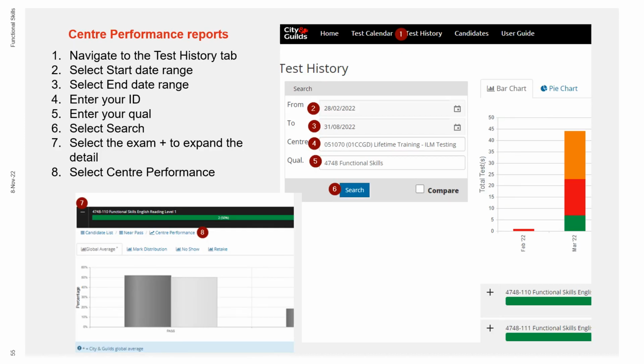To obtain centre performance reports in Analytics, you need to navigate to the Test History tab, number 1 on this diagram. Select the Start Date range and the End Date range. Enter your ID, so your centre number, and the qualification that you're looking for. Select the search button, and then when you get the results, select the exam that you're interested in and click